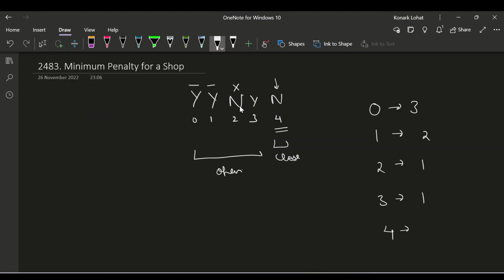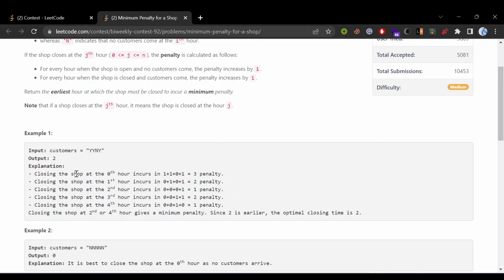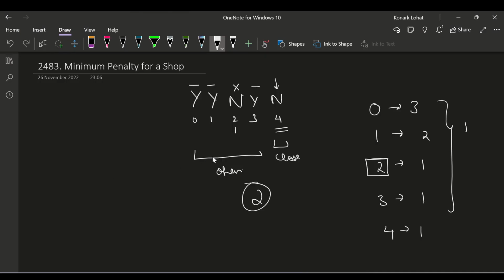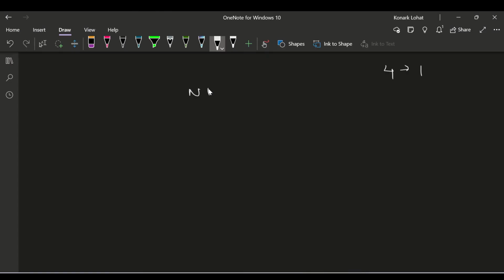but the shop was open, which means this is one penalty, and this is also fine. And at this point we are not going to have any penalty because we close the shop at 4th hour, and there are no customers, so the penalty is 1. Now I want to return the minimum penalty, so out of these the minimum penalty will be 1, and the first index at which I encounter the minimum penalty is 2, so my answer will be 2, and 2 is the answer. Now let's see another example,